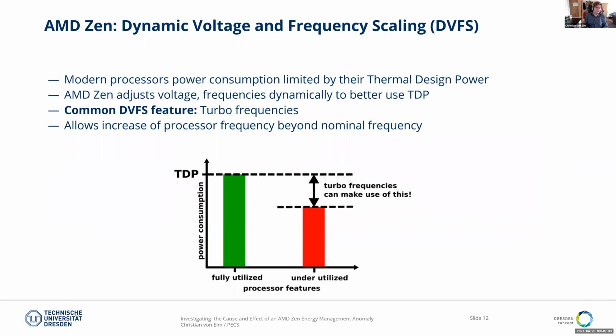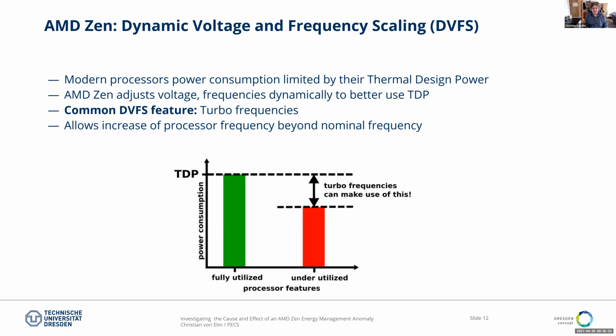The next feature I want to introduce is dynamic voltage and frequency scaling. It's widely known that processors are limited in what power they can consume by their thermal design power. And what modern processors do to better use this thermal design power is to adjust voltage and frequency dynamically. A common feature in the realm of DVFS are so-called turbo frequencies, which allow processor frequency to increase beyond the